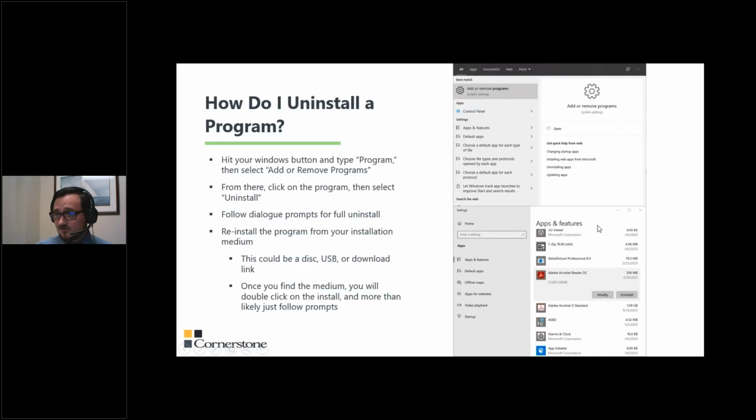All you need to do is actually just uninstall the program. What you're going to do is you're going to hit the Windows icon in the bottom left-hand side of your screen and go to Program. Then hit Add or Select or Remove Programs, and then Uninstall. Once you uninstall fully, you just click through all the little windows that pop up. You just reinstall it from however you installed the program. This could be a disk. This could be a little USB plug. It could also just be a downloaded kind of thing, and you just need to double click on the reinstallation app. And real quick, I will show you how to get to here directly.